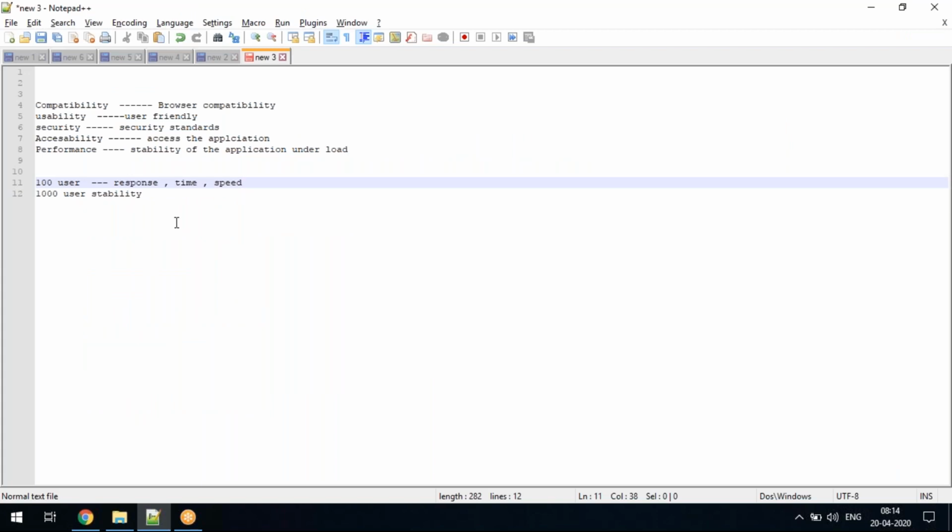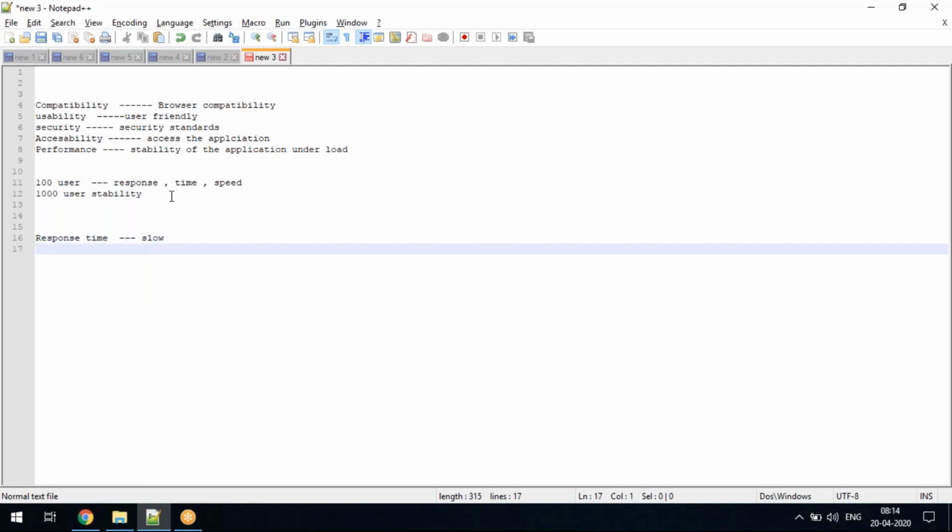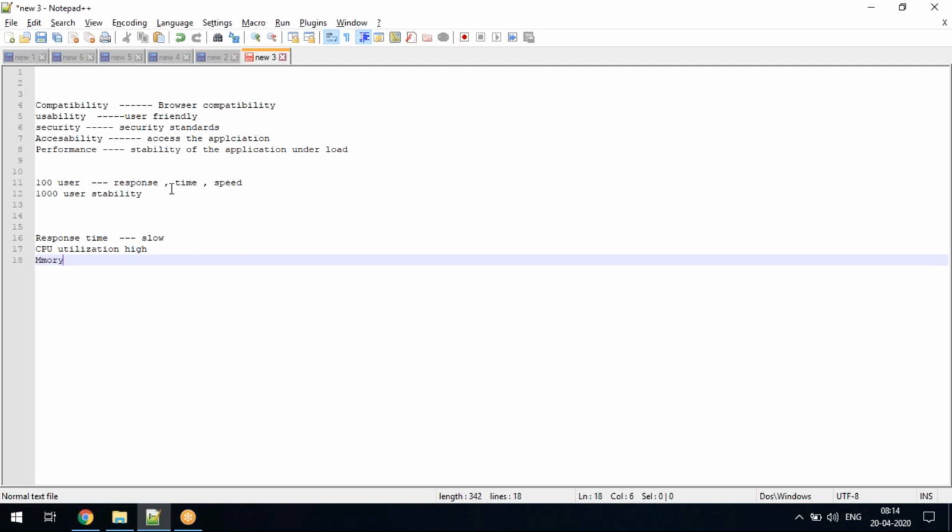Usually the common performance problems are, say, the response time is slow. And then people will say CPU utilization high, and then memory utilization high.